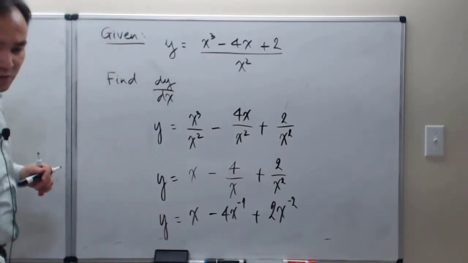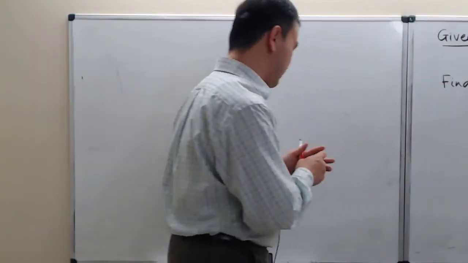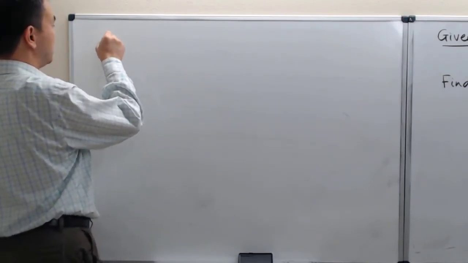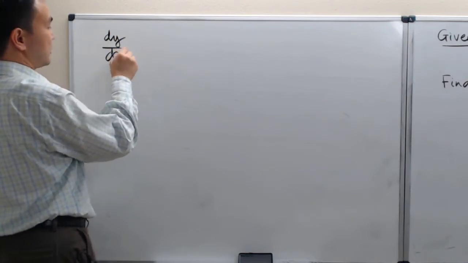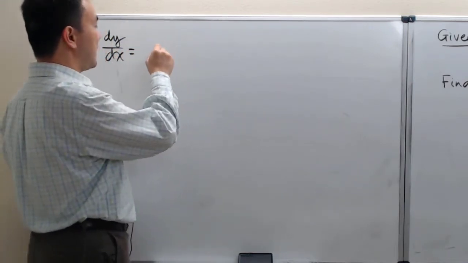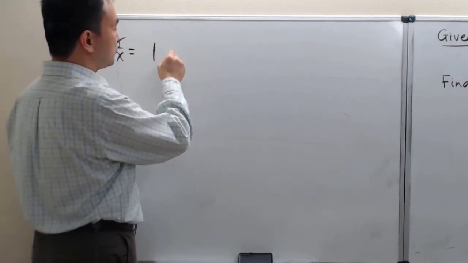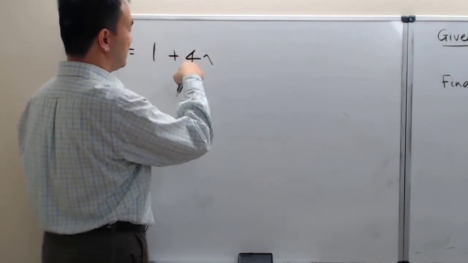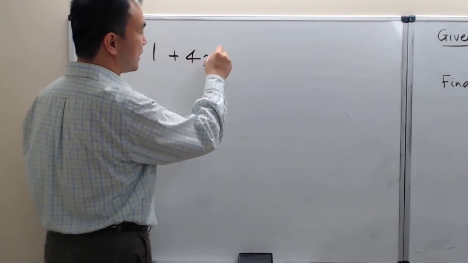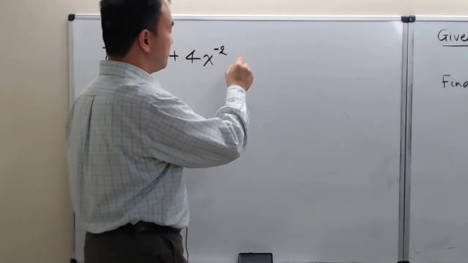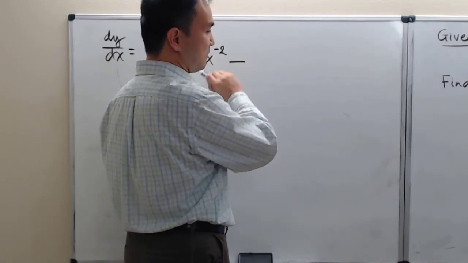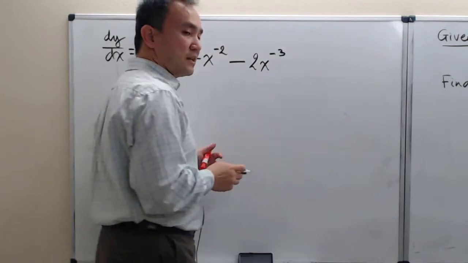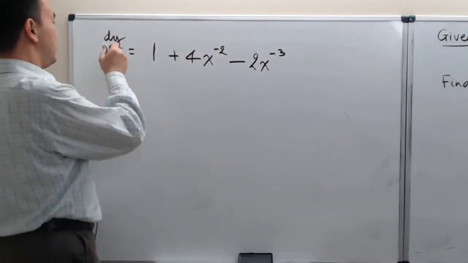If we approach it that way, then dy/dx comes out simply by applying the power rule three times. So on the first term, we're looking at 1. In the middle term, there's a sign switch here, so be careful with that: positive 4 times x to the negative 2 power. And then there's a sign switch again: minus 2 times x to the negative third. Okay, and that's how we're done